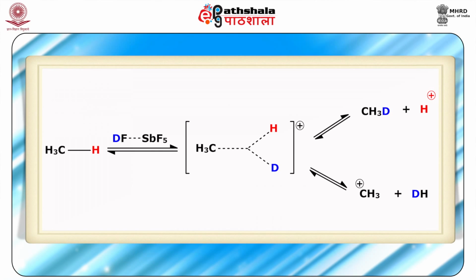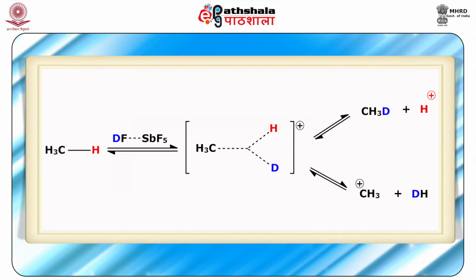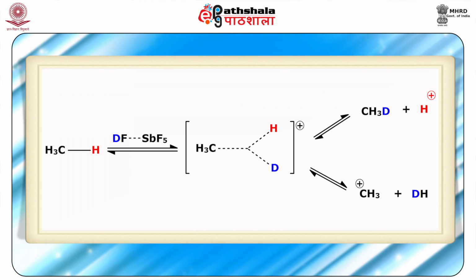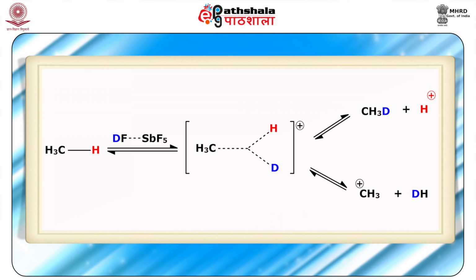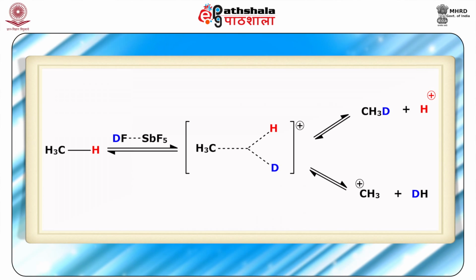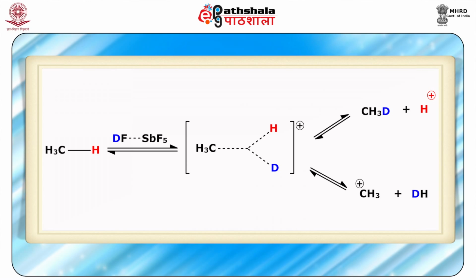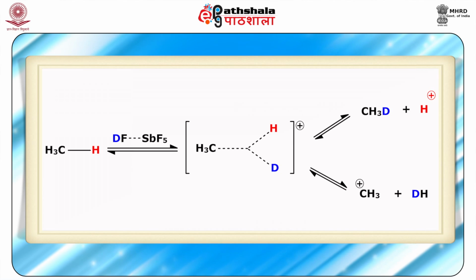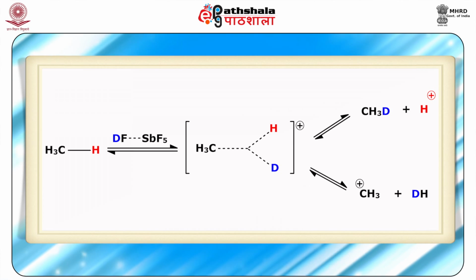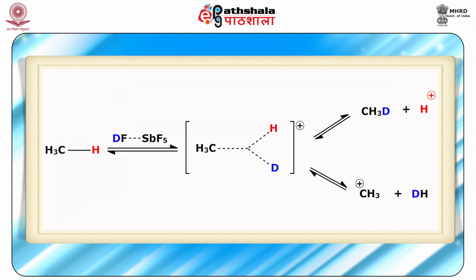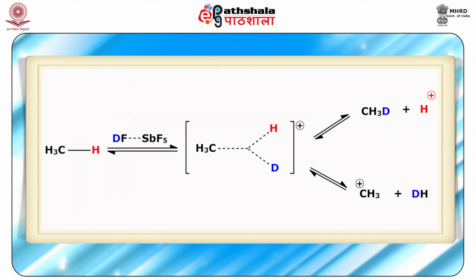The mechanism of exchange involves attack of H plus or D plus on the C-H bond to give the pentavalent methanonium ion as shown here when the reaction is carried out in methane. So, you can see this when methane is reacted with DF-SbF5, then you will be getting this pentavalent intermediate, and further it will dissociate into the labeled CH3D. You can see this is the labeled methane that you have obtained,